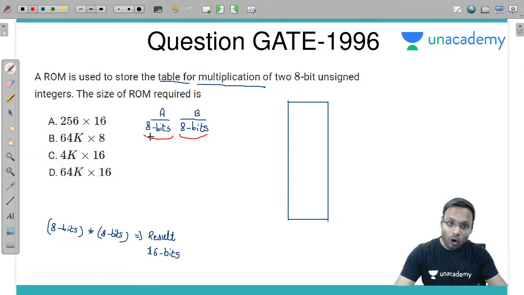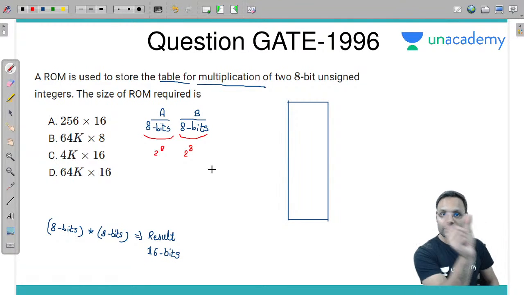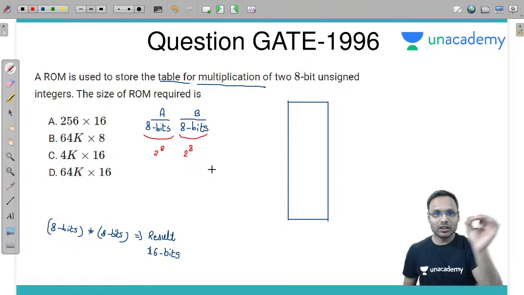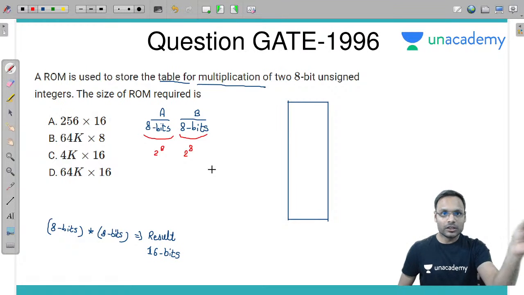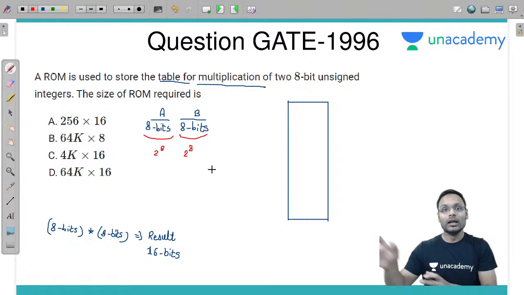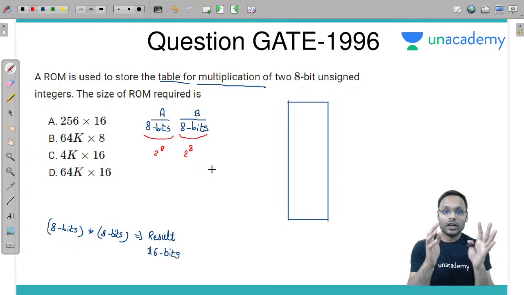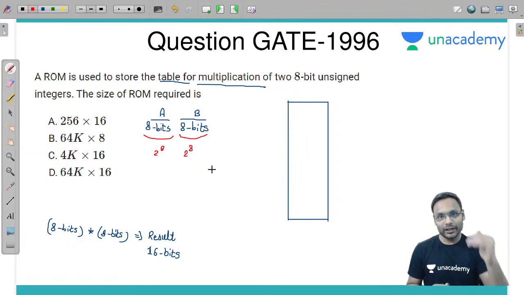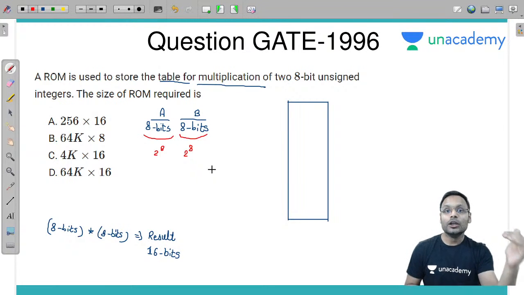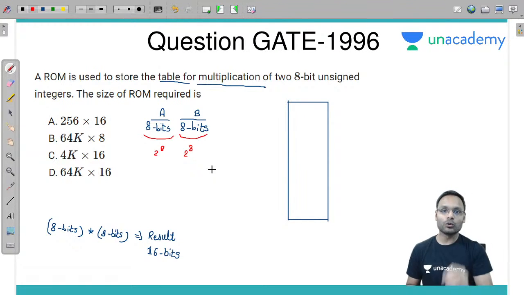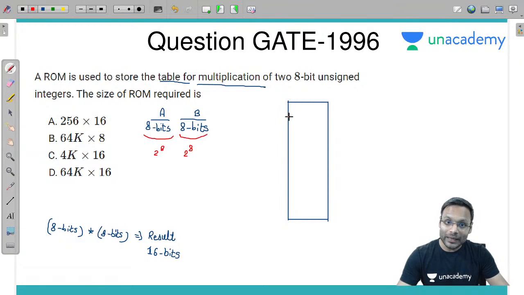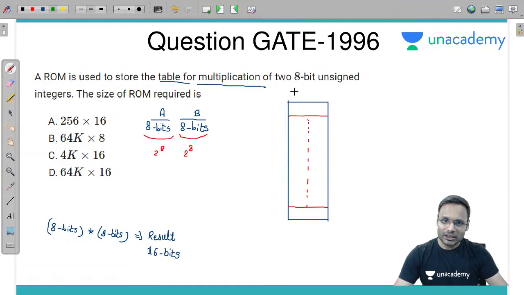So if you have all the combinations of 8 bits, 2 power 8, and all the combinations of 8 bits, the first result will be 0 into 0, the second result will be 0 into 1, third 0 into 2, and so on, up to 0 into 255, then 1 into 0 to 255, then 2 into 0 to 255, 3 into 0 to 255. So many results you are going to store in the table. If this is clear, then can you tell me